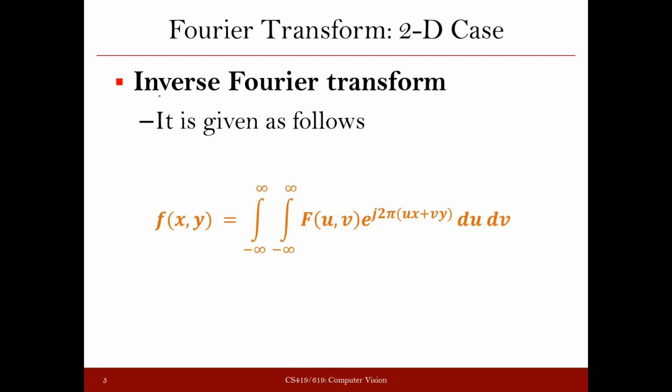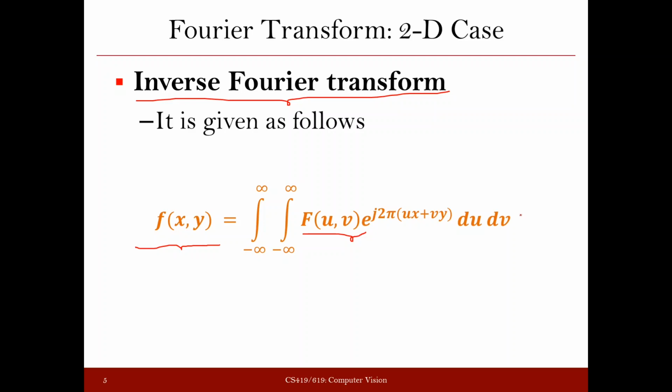So the inverse Fourier transform we discussed for the 1D case. Now the inverse Fourier transform we need for the 2D case as well. So if F(u,v), which is the Fourier representation of the given signal, is given, then with the help of this formula we can get its equivalent representation in the spatial domain. Okay, and again this is a 2D case, so we are using double integration from minus infinity to infinity, and